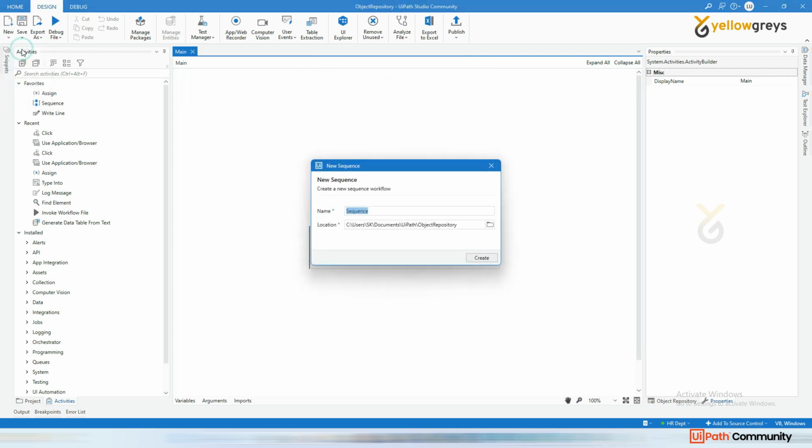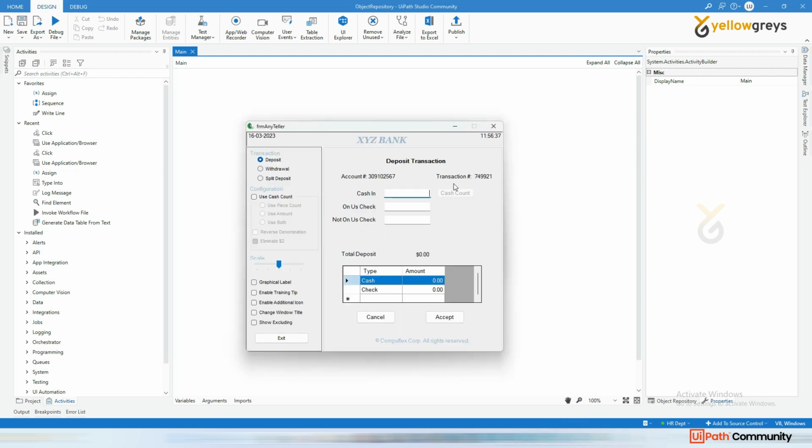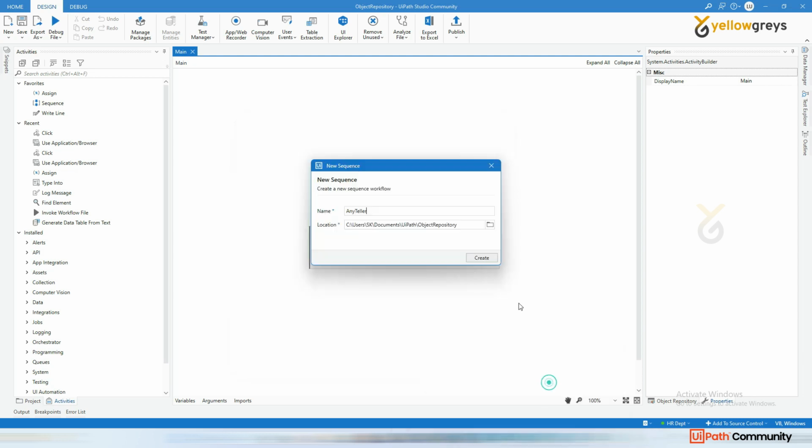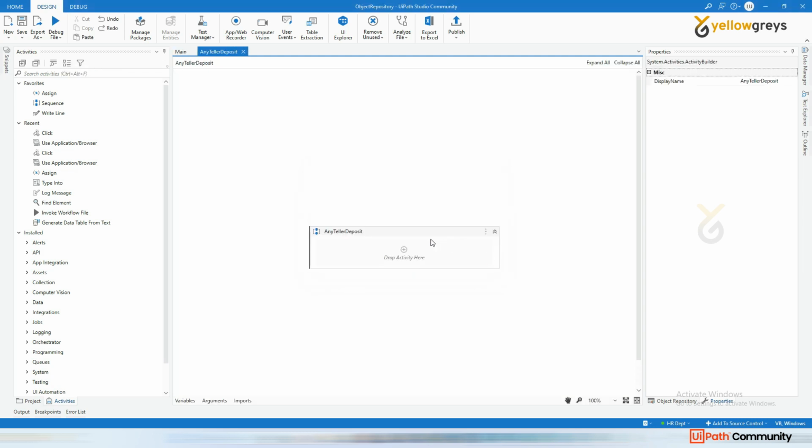So I'm going to create a new process, Any Teller, so I can tell that deposit something. Okay, Any Teller deposit, enter. So here, the first thing is I want to open that application, right? Then what you will do, you will go here and type UI automation,